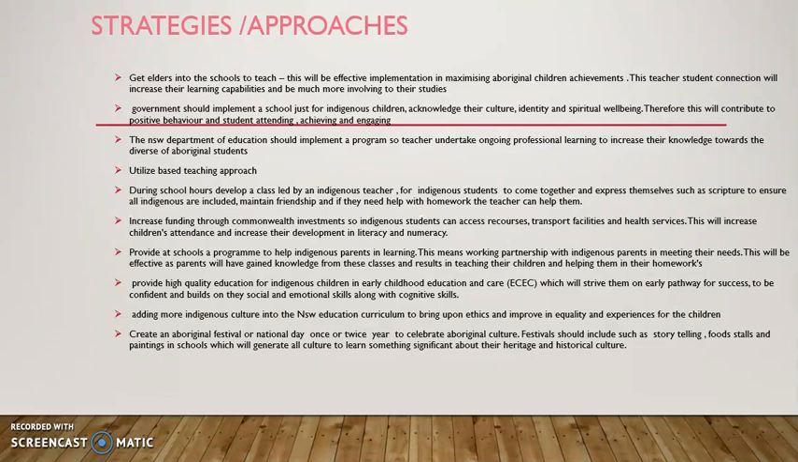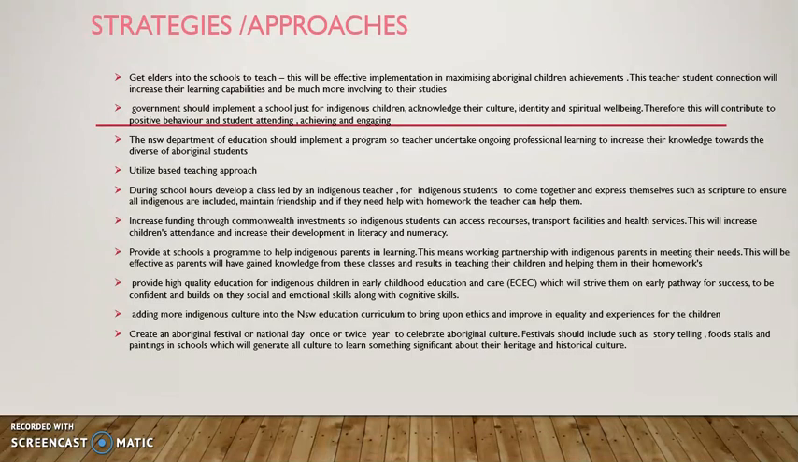Government should be implementing a school just for Indigenous children, acknowledging their culture, identity and spiritual well-being. This will therefore contribute to positive behaviour and students attending, achieving and engaging. The New South Wales Department of Education should implement a program so teachers undertake ongoing professional learning to increase their learning towards the diversity of Aboriginal students,